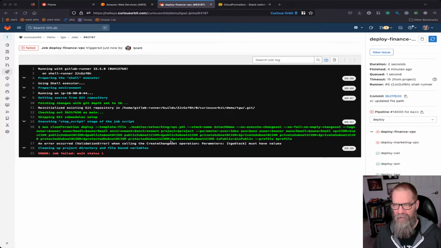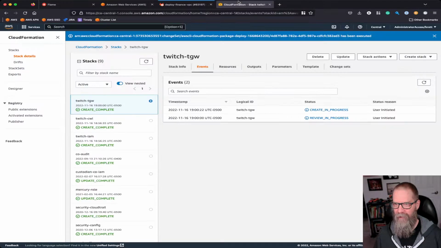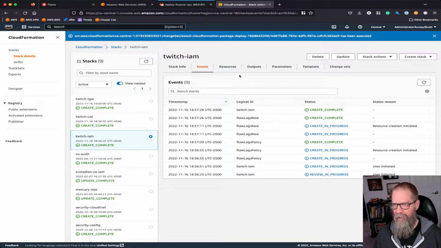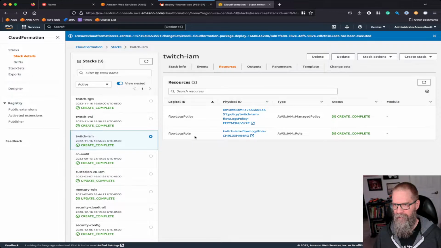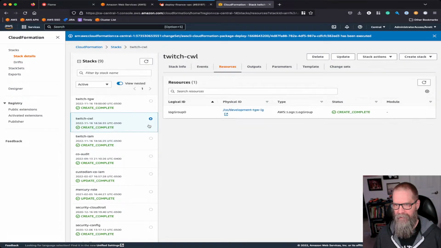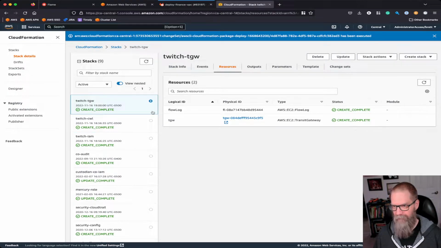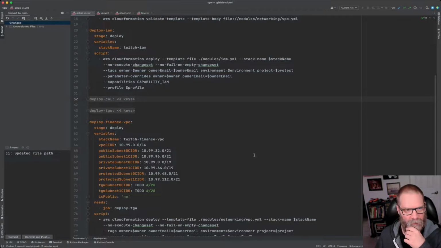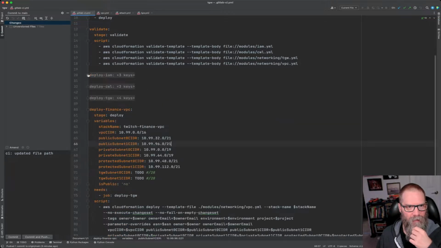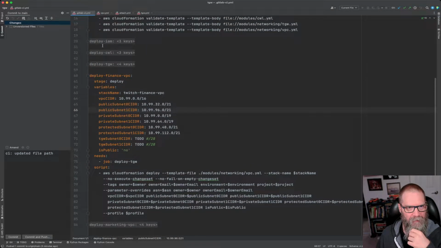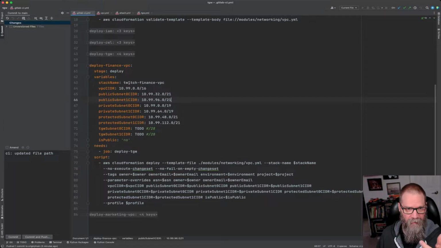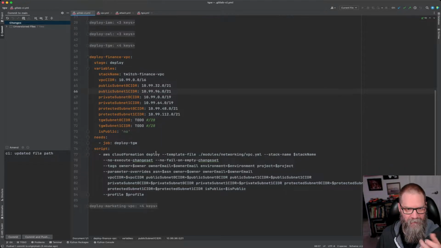So we've got to fix this, but I've got to kind of remember where we left off. So what I did is we've got our IAM resources. So we've got our flow log role and our policy. And then we've got our log group that we'll use with the transit gateway. And then we have the transit gateway. And now we've got to go back and figure out what we changed here before we ended our last session. So IAM, CloudWatch logs, transit gateway, all working. What we need to figure out now is what did we do to this prior to